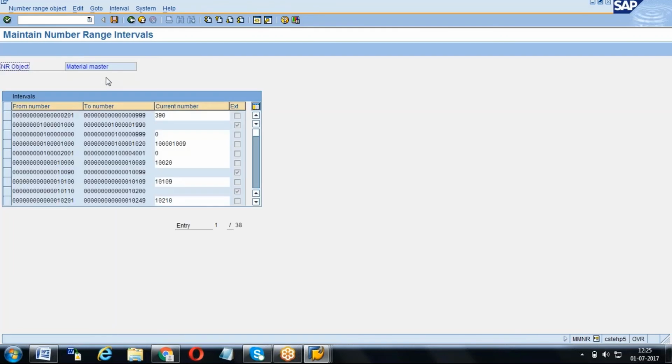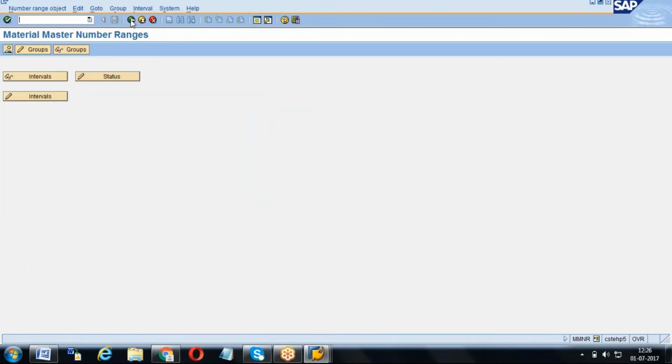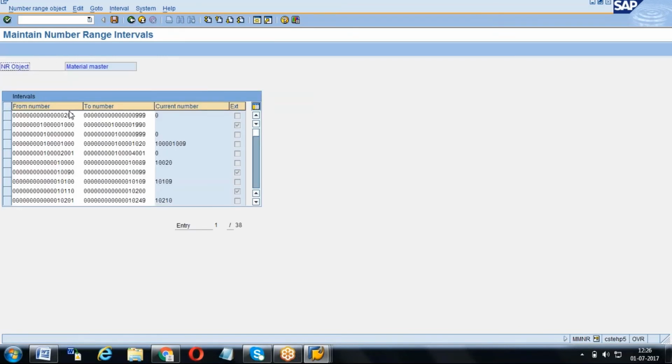Then you have to come to the status tab, and where it was completely used up, that means we completely utilized it. That current number, you just change. For example, you can come here and make the current number blank, or you can make the current number 0. Then the system will allow you to delete it. Or else we can do the same thing, 2012-999. For example, if you want to change it, then we can change it to some 600.